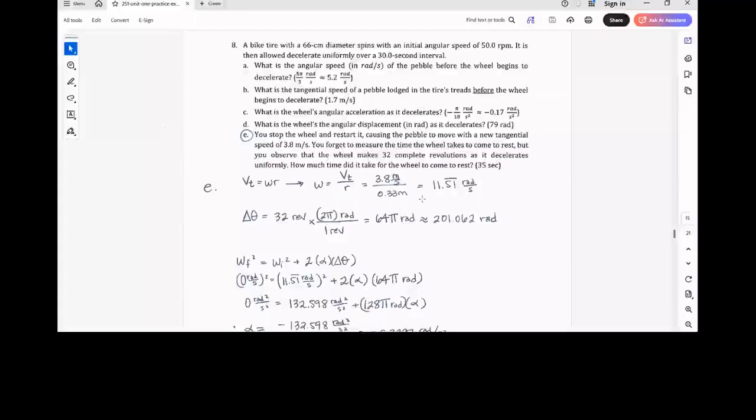So what happens if we stop the wheel, restart it, and give it a different tangential speed, and you count the number of revolutions? It decelerates uniformly, so I know eventually it's going to come to rest. I don't initially know how much time it's taken to come to rest. So first off, it's not reasonable to assume that the acceleration in this case will be identical to the acceleration